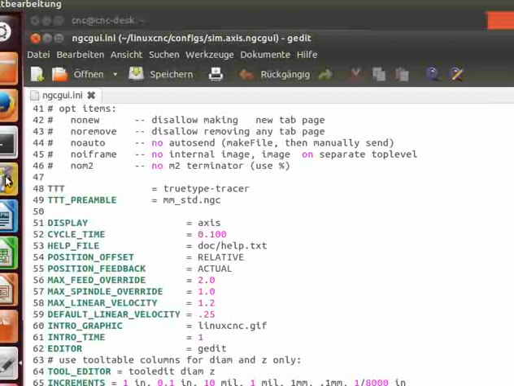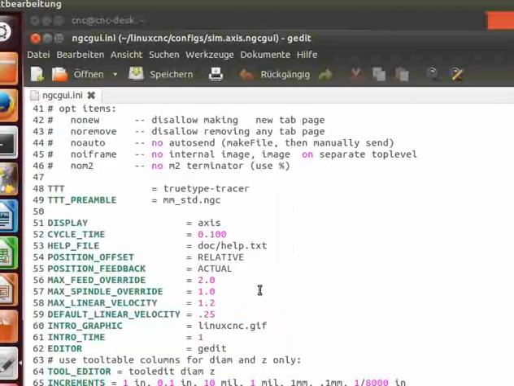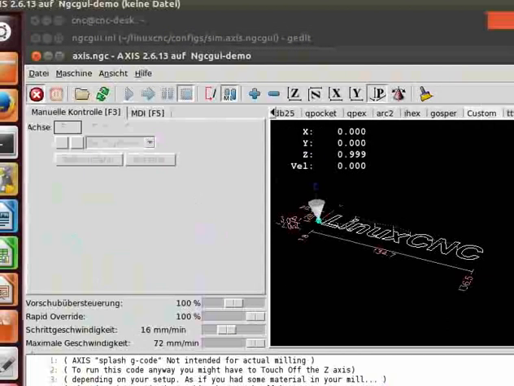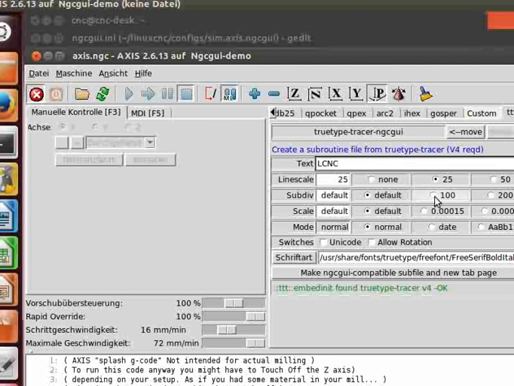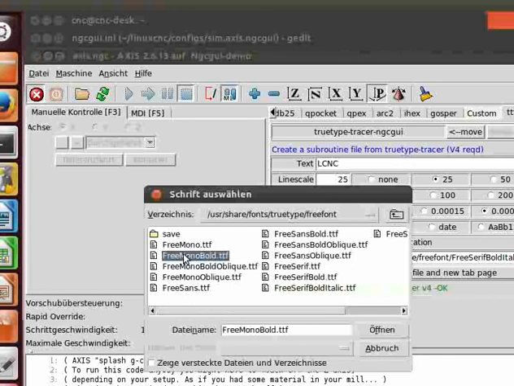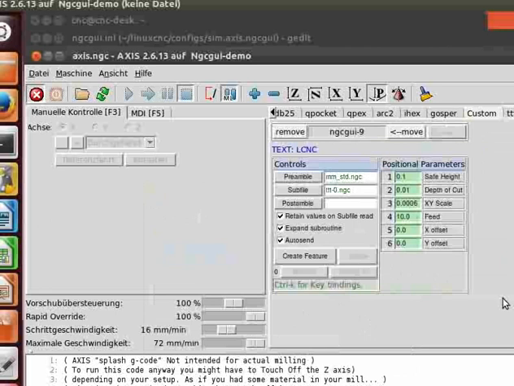Let me show you the machine once more. So you see it's going to work. Here, come up, and here's true type. I got LCNC inside. Just hit it. LCNC, you can play around here with the entries. I go for that one. I use the standard bolt and make NGC GUI and get it here, let's say